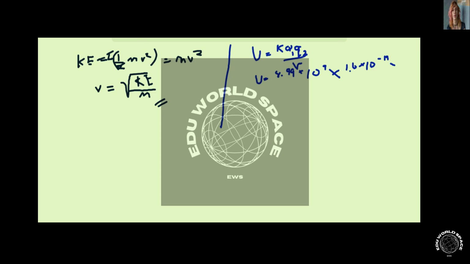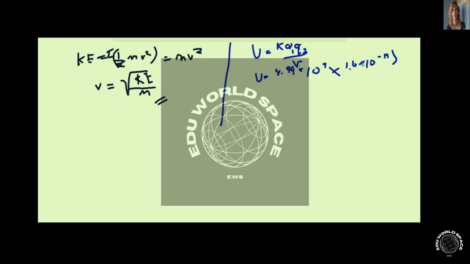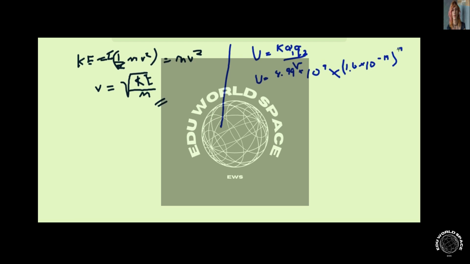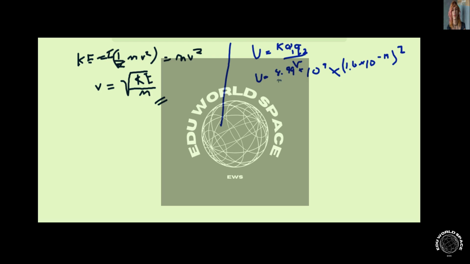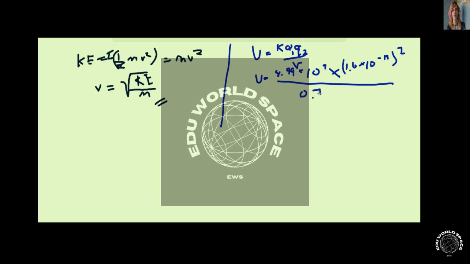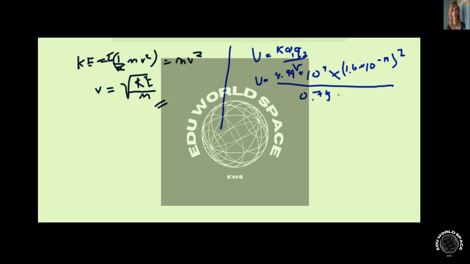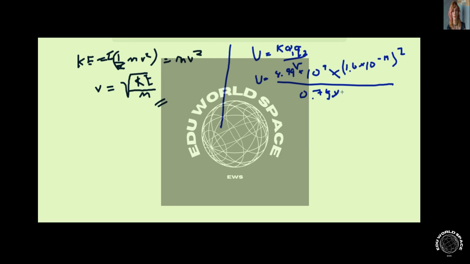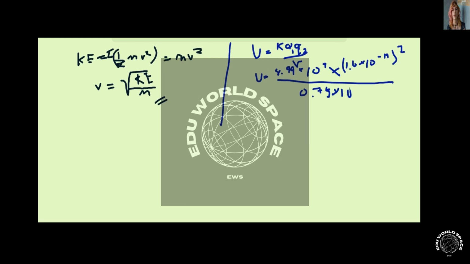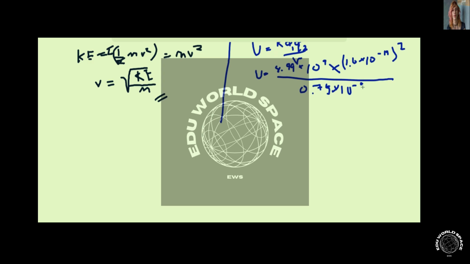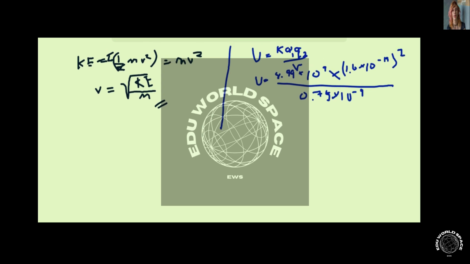So we can just square this whole expression, since it's the same charge, over the radius, which is equal to 0.75 times 10 to the negative 9. Now if you put this into our calculator, we find that the maximum total potential energy is 30.6